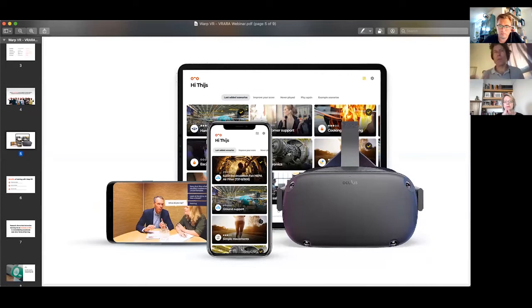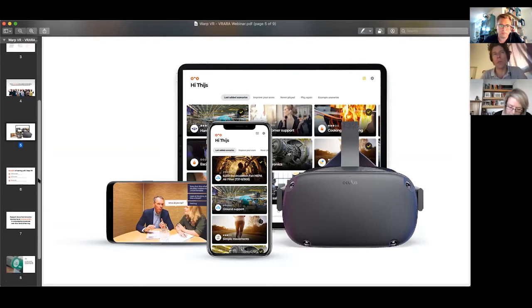So therefore, we support a couple of different VR headsets. The Oculus Quest is here on the image. This is the Oculus Go. We also support different brands, but we also support playing on mobile and tablet, for instance. What we think is very important is that we deliver tools to clients to easily be immersed in these training scenarios. So we also say, okay, you can actually play on your smartphone.